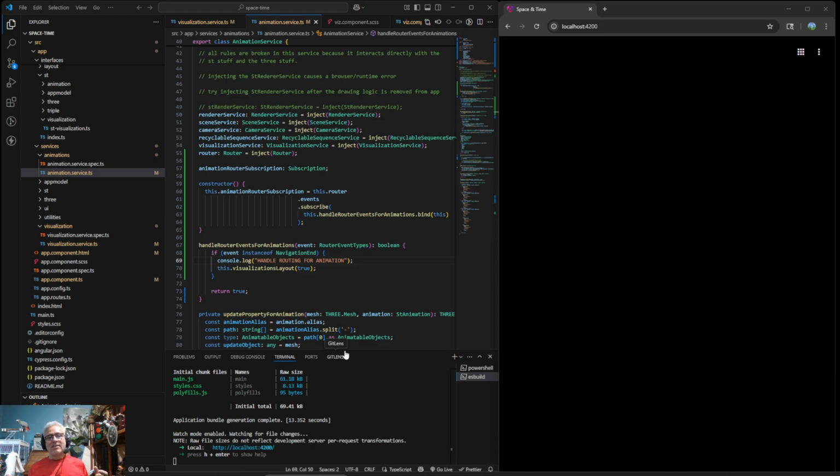Then we added a new view, which we haven't implemented yet, and we added routing so that you could switch from view to view.